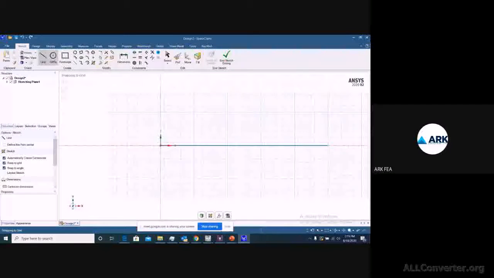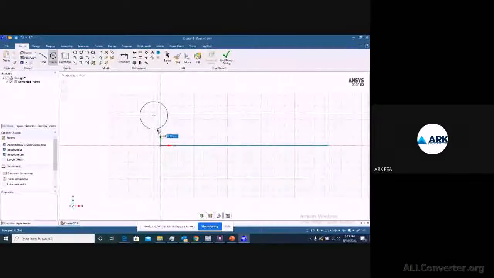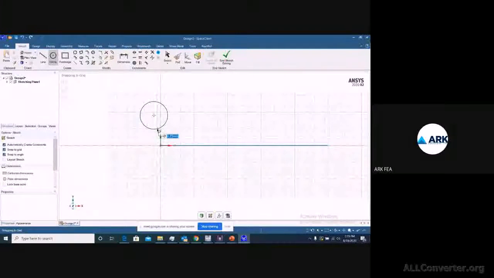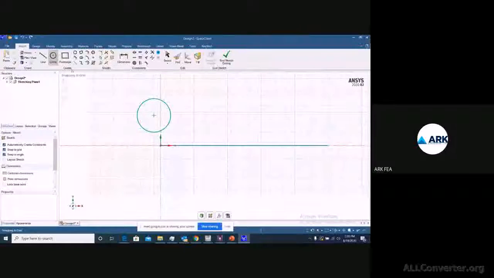Then in order to sketch a circle or rectangle, you can just take the tool from the create tool, and from it you can choose whichever you want, right? So this is a modify tool, right? Which will allow you to have a rounded center.